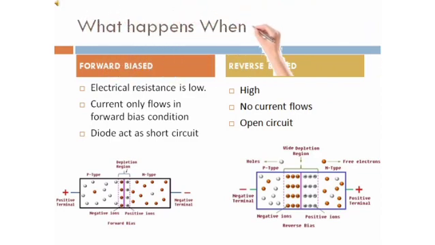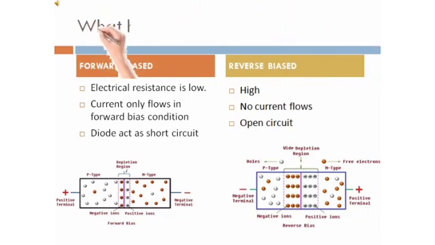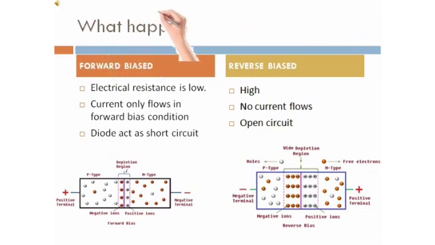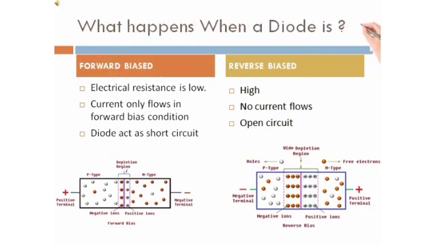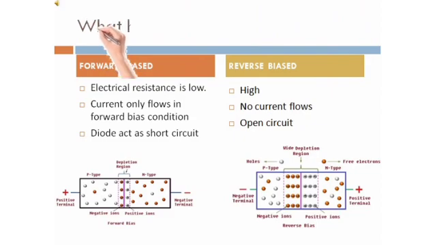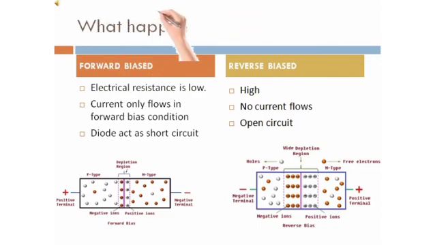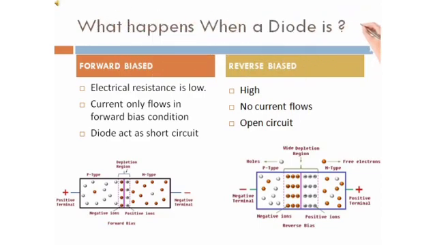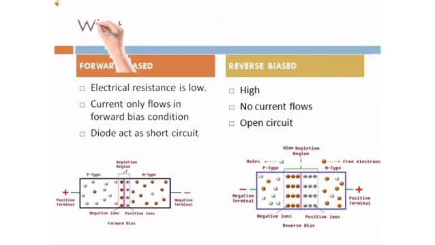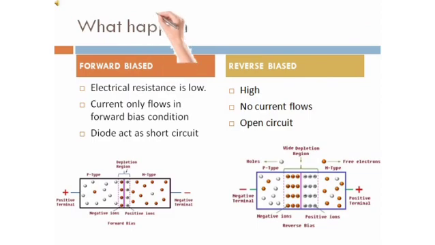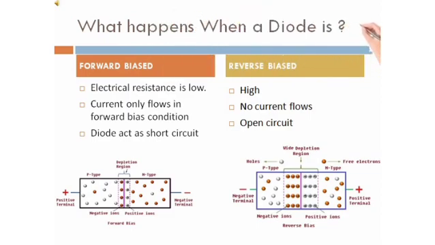Now what if the diode is in reverse bias? When the N region cathode is connected to the positive terminal and the P region anode is connected to the negative terminal, the negative terminal attracts holes from the P region and the positive terminal attracts electrons. The depletion region widens, which opposes the current flow, and the resistance of the diode is very high and no current flows when it is reverse biased, apart from some small leakage current through the junction. So overall the electrical resistance is high compared to forward bias, and the diode acts like an open circuit.